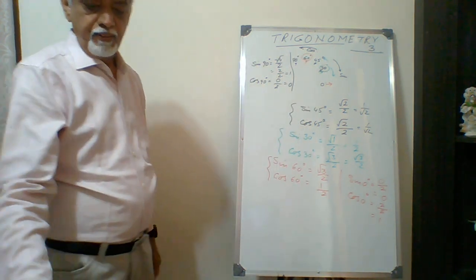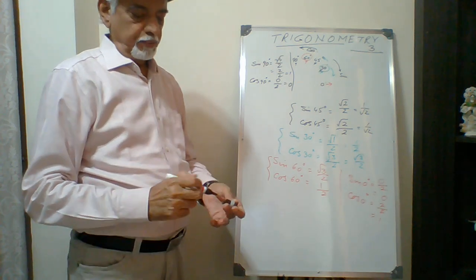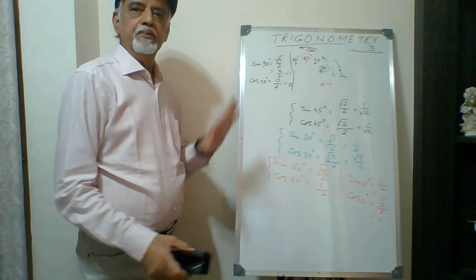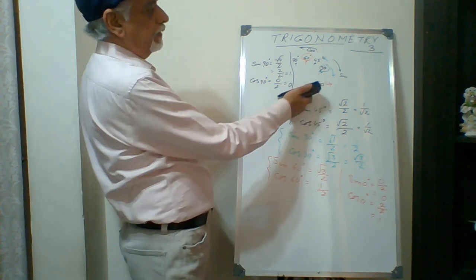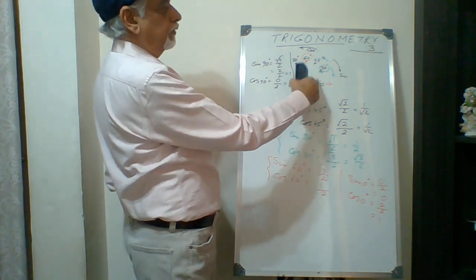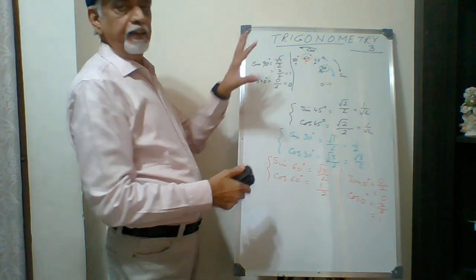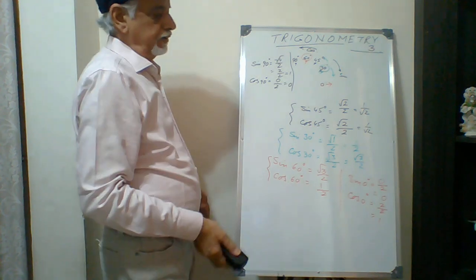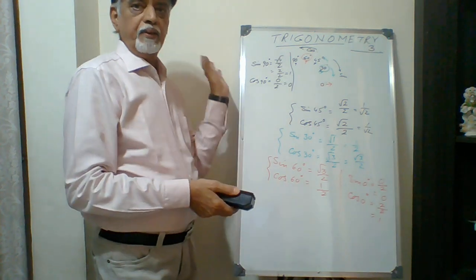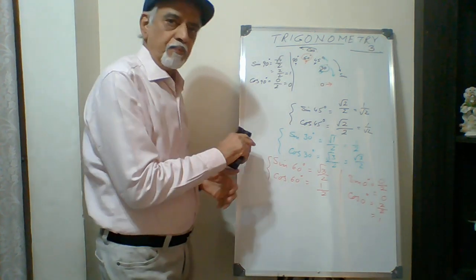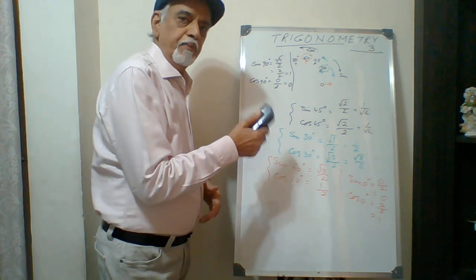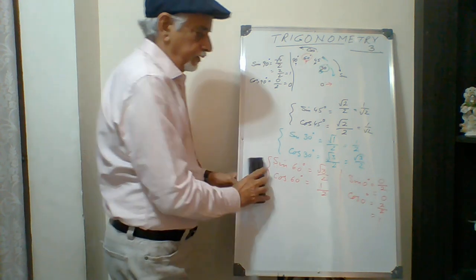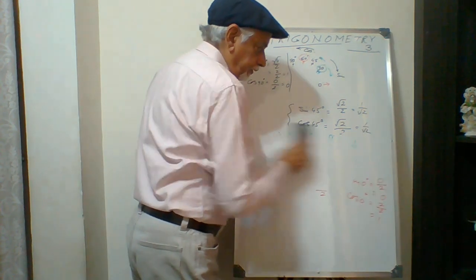So you understood? It's so simple to find the values of standard angles using any of your fingers. Only thing, start from thumb: 0, 30, 45, 60, 90, and then count the fingers for a particular angle. How many are there on the right of it, how many on the left of it, clockwise and anti-clockwise, and then write the numerator as the square root of the number of fingers, divided by 2. That's so simple. Okay.